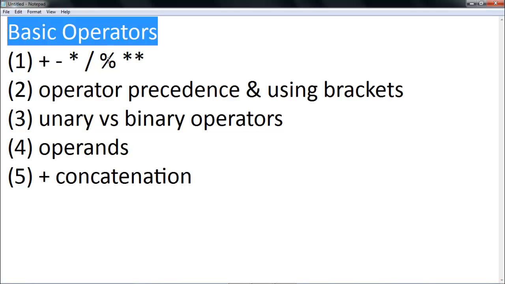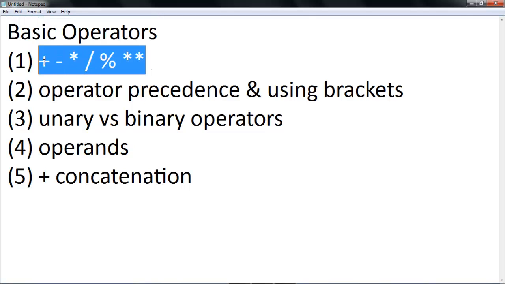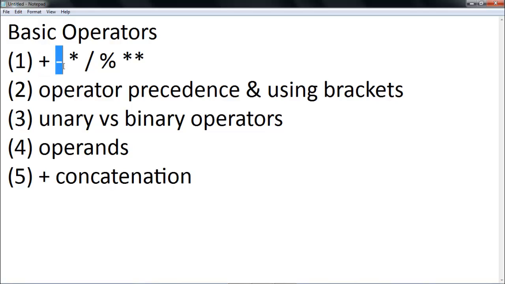It's going to be a bit unstructured. I'm going to jump back and forth amongst these points. I'm going to introduce the following operators. Now these are operators: the plus or addition operator, the subtraction operator, the multiplication operator, the division operator, the modulus operator, and the exponentiation or the power operator. Okay, so let's start